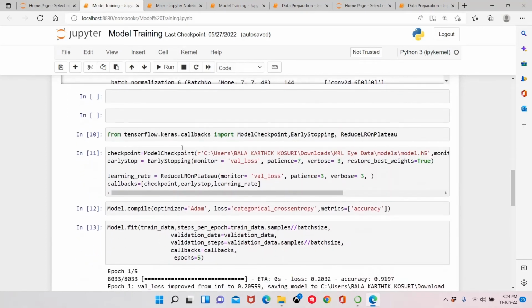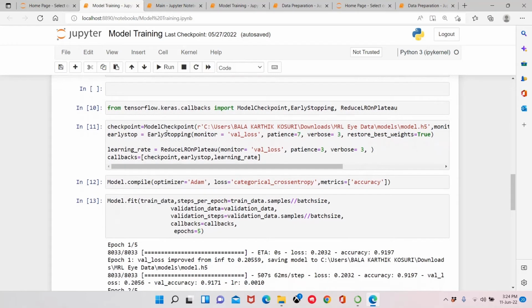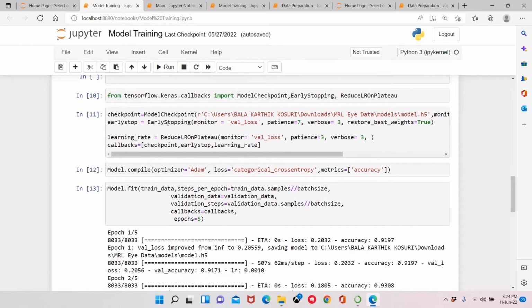Next we are importing some packages: ModelCheckpoint, EarlyStopping, and ReduceLROnPlateau. These are some of the packages from TensorFlow.